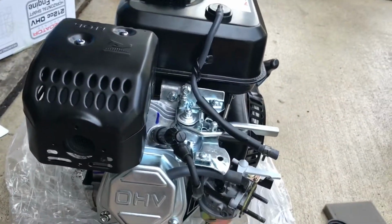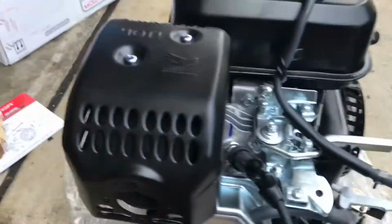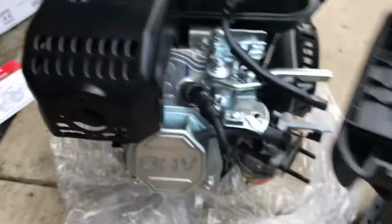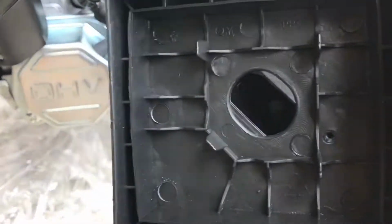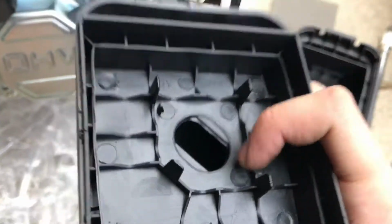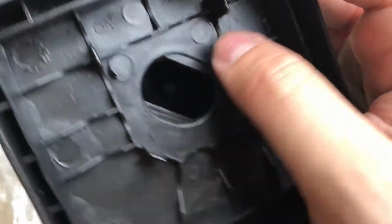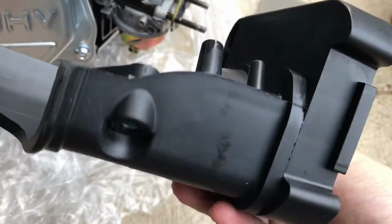Okay, so owned this thing for literally 20 minutes and already doing some minor mods. Basically, this is the air box, and the filter just sits on top of this. But I found out something I could probably do. See these little walls here? I'm gonna Dremel them down and just make it a full circle, and hopefully that will provide better